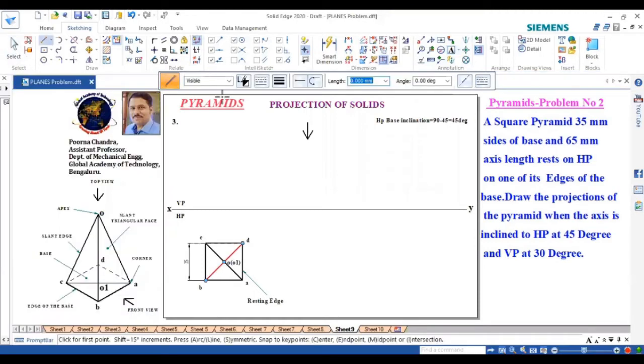Now we need to project this up. So we can go for the projection line and project it up like this, and the center we can project till here. Now the center axis. What is the height here? Go with the center axis, given axis length as 65 mm. So type 65, enter, enter. Next we can go for the visible line. As you can see from the front, you are able to see this triangle ABO. If you watch from down, you can see AB and O. This face is visible. That is what we need to draw here.